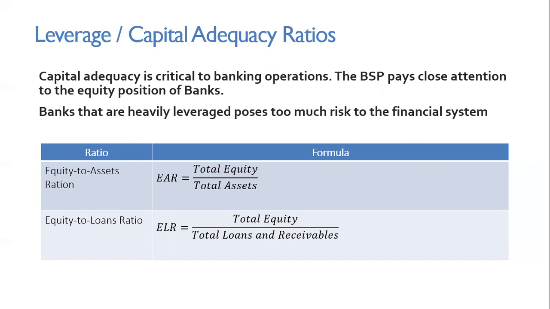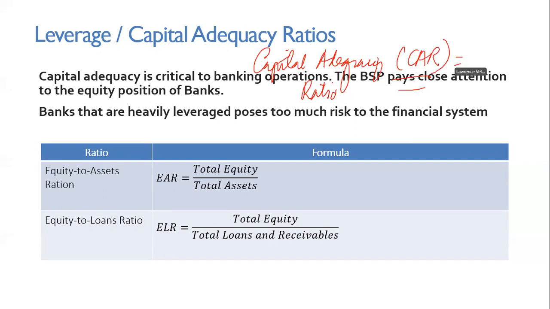Now, banks usually have what's called a capital adequacy ratio. We call it CAR. This is really the ratio the central bank requires for calculation. However, its inputs are not seen in the FS, so I did not include it here. But actually, most banks will disclose their CAR. And the minimum CAR, according to the central bank, is 10%. So their CAR should not be below 10%. It should be higher than 10%.